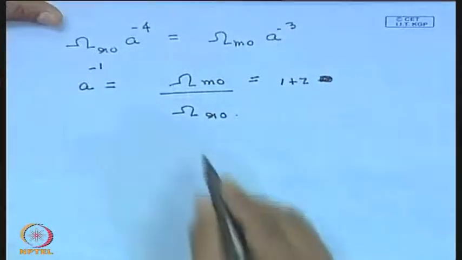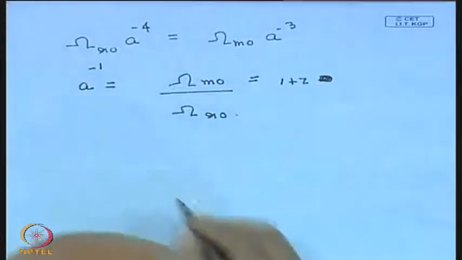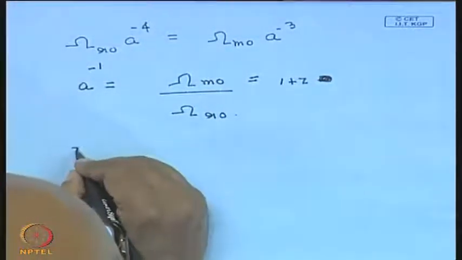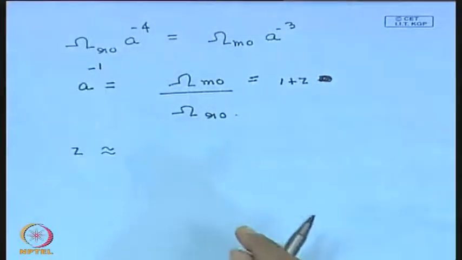So, we know the values, we now have values for this. Let us put this in. So, this will give us that this will occur at a redshift of approximately